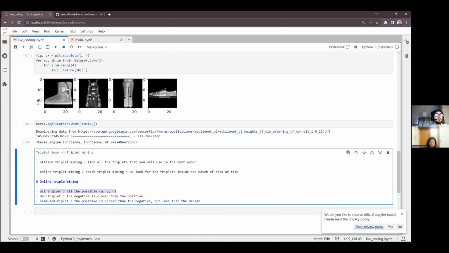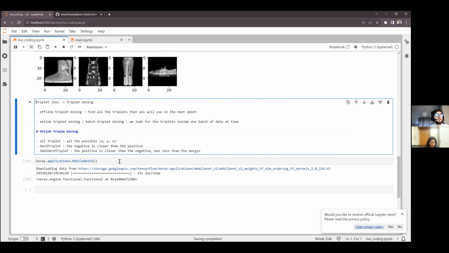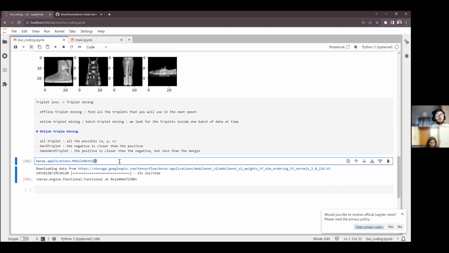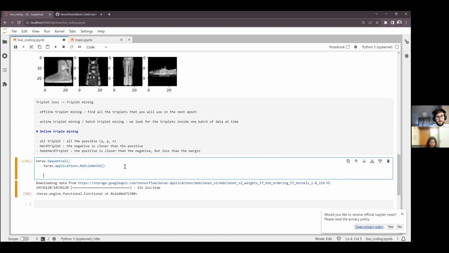Okay, now we have downloaded the model. Now we need to define our complexity model. We'll do it with a sequential model, where we start with the CNN, the convolutional model, where we don't want to include the top.